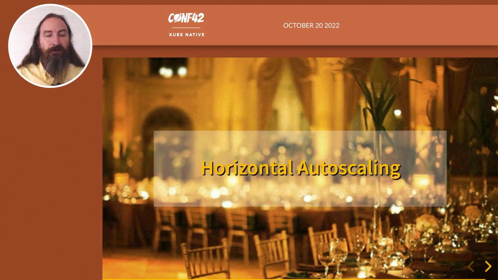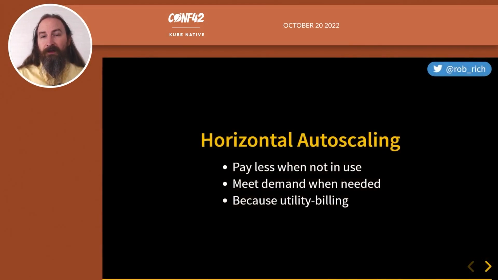We took a look at horizontal autoscaling in Kubernetes, and it was really cool. Horizontal autoscaling is about scaling up when we have additional demand and scaling down, paying less when we don't have demand. This is made possible by utility billing. We can go to a cloud, we can get some resources. When we're done, we can hand it back and pay nothing. And the scaling operation can happen in real time. So we don't need to pre-provision our hardware. We don't need to overbuy our systems to reach maximum capacity. We can scale up and down as our needs